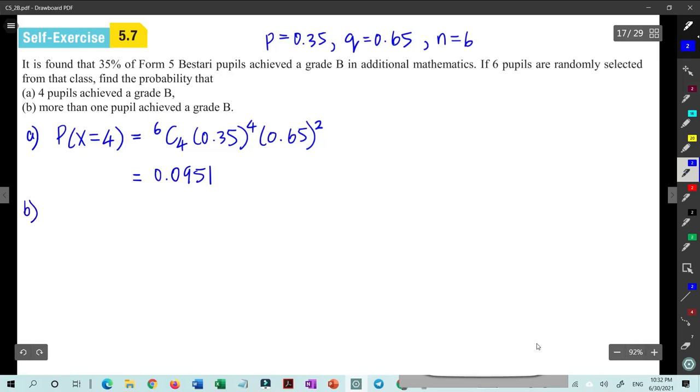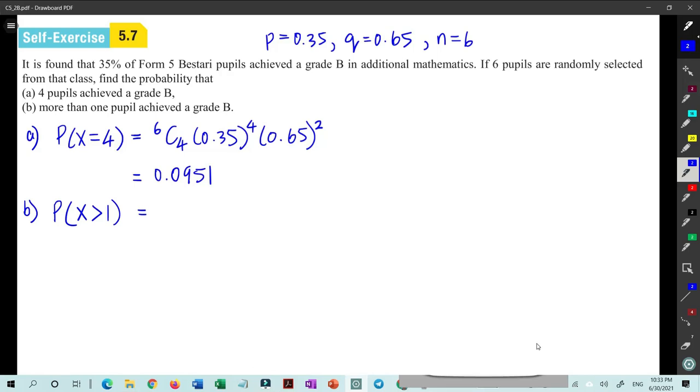Okay, let's look at question B. Find the probability that more than one pupil achieve a grade B. Okay, more than one, meaning P(X > 1). P(X > 1) means it's going to be P(X = 2) plus P(X = 3) until P(X = 6). But if you do that, it's going to take a lot of time to do this calculation. So rather than we find P(X = 2) until P(X = 6) and then we add them,